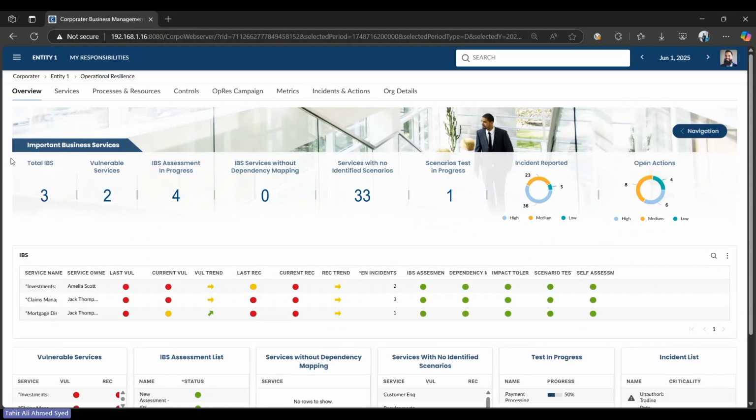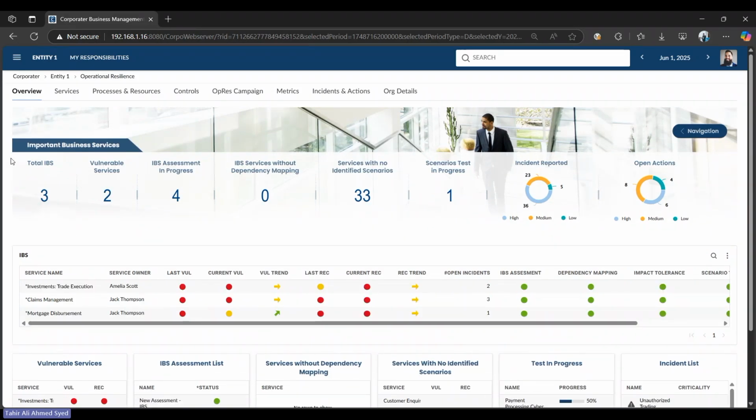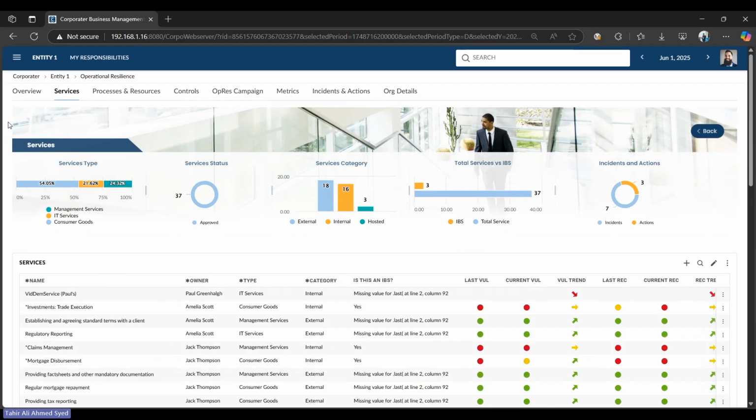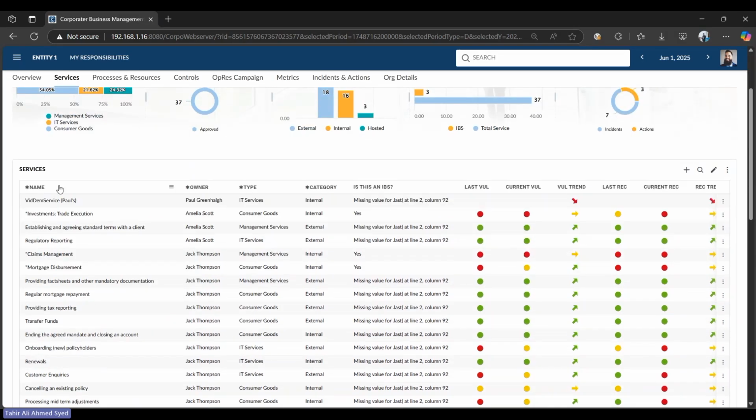When I go into my resilience overview, Corporator is fully flexible and allows you to create multiple dashboards catering to your different requirements. Every framework aligns to either an objective, a function, a service, or a product. Corporator can fully align with that and give you dashboards dedicated to each of these entities. If I drill down into my services tab, depending on the framework you're operating with, if I'm trying to align my operation resilience framework with the services that my company is offering, then you can have a laundry list of all the services added in the system itself.